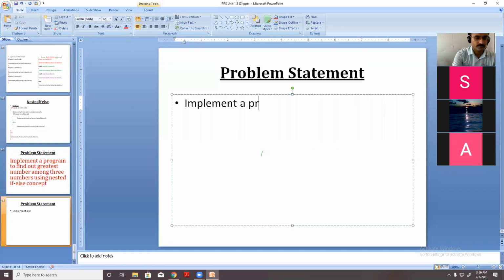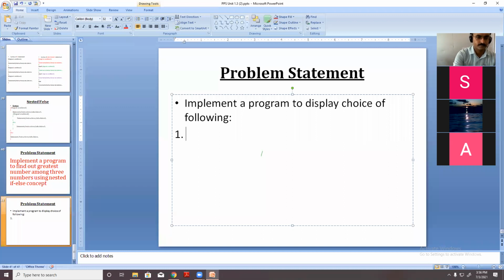Implement a program to display choice of following.